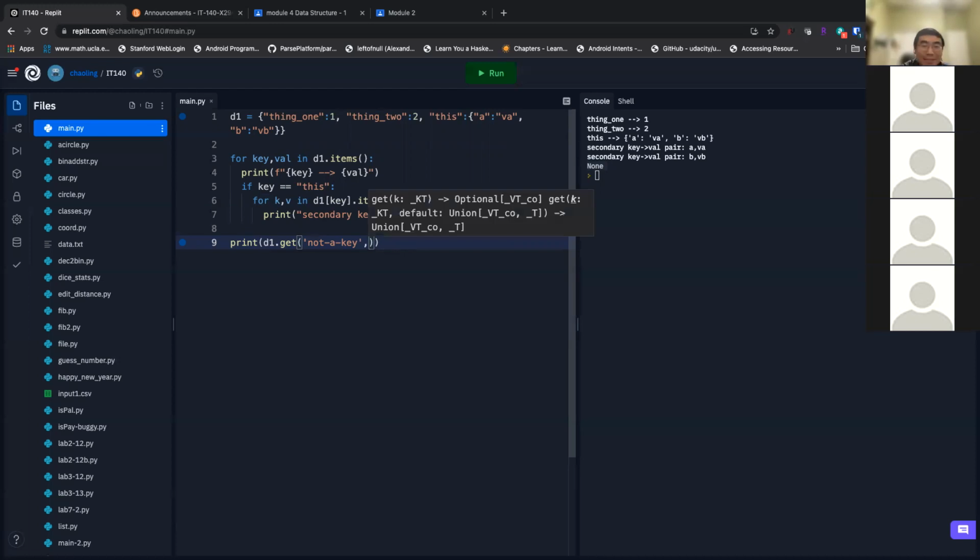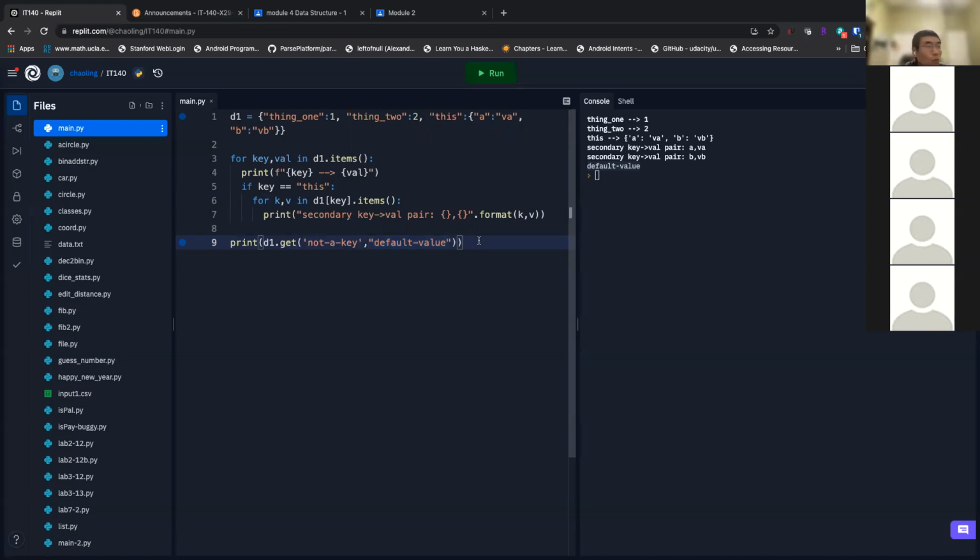You can also give it a second parameter, maybe a default value. It will print out whatever you supply as a default value on the second parameter if the key doesn't exist. Any questions? So I recommend you use get.